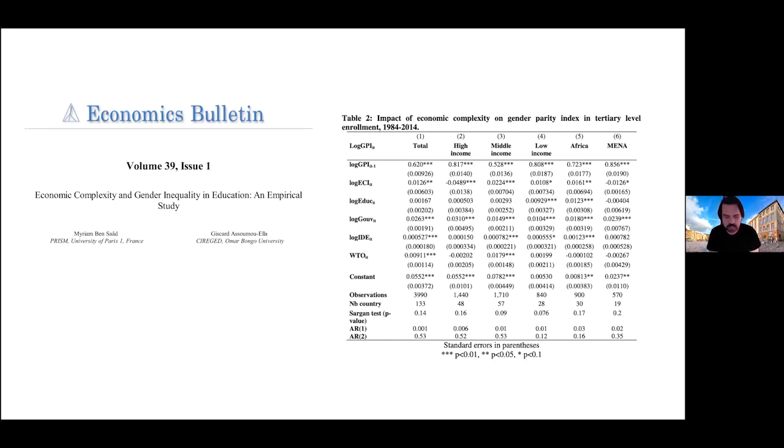And they find that in basic levels of education, primary and secondary, economic complexity doesn't improve gender parity, but they do find a relationship between economic complexity and gender parity for tertiary education. So this might be telling you something, that economic complexity is able to help achieve certain positive outcomes when it comes to inequality, similarly to what Wu and Trang showed, when education stocks are relatively high. So there might be some sort of demand story going on here, competition for skills.